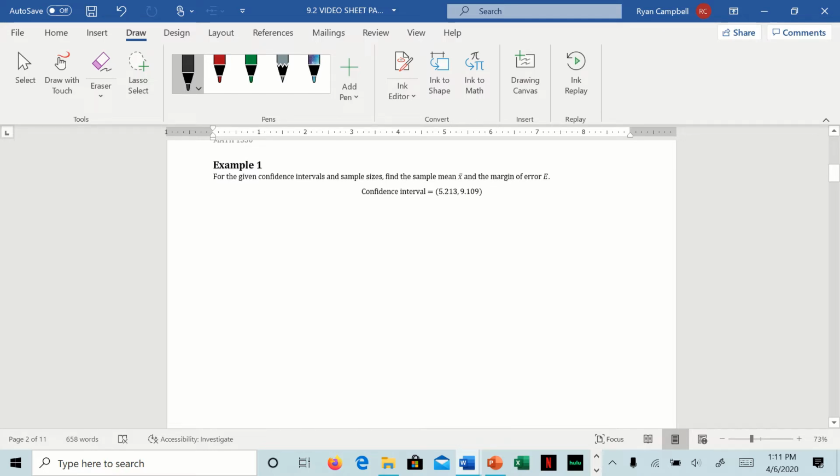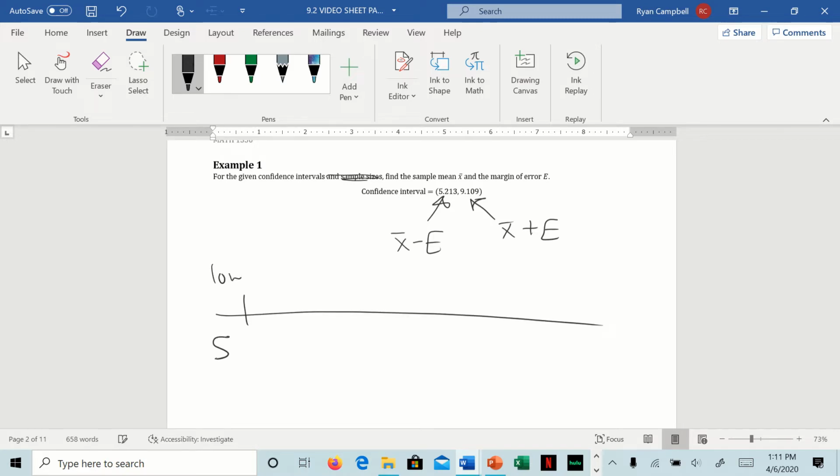All right, so let's just do a quick review. Again, this is going to be very similar to what we've already talked about. So for a given confidence interval, just one this time and no sample size, find the sample mean and the margin of error. So if this is our confidence interval, the low number is going to be X bar minus E. The big number is going to be X bar plus E. So if we know that the low number is 5.213 and the high number is 9.109,